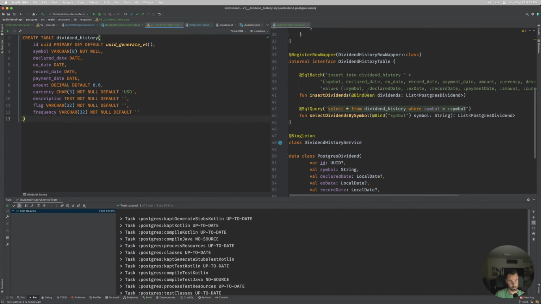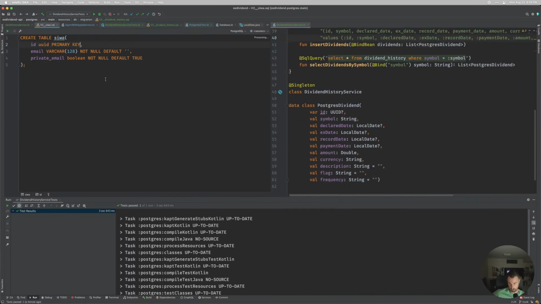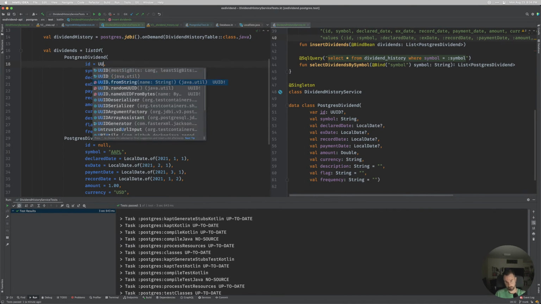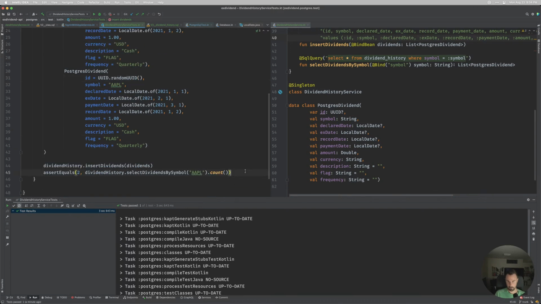Default. We could pass it through if it exists. And if it's not, the database will do it for us. So let's do that, because that'll make our testing a bit easier. Because then we can say,